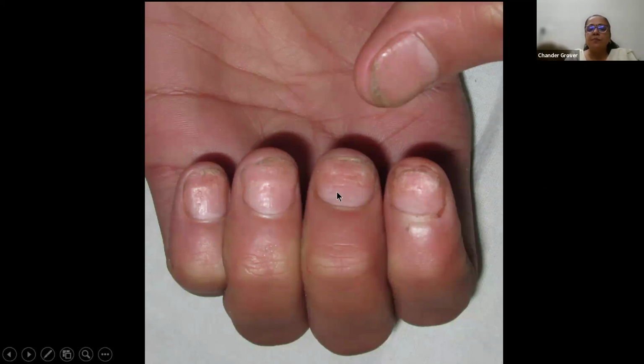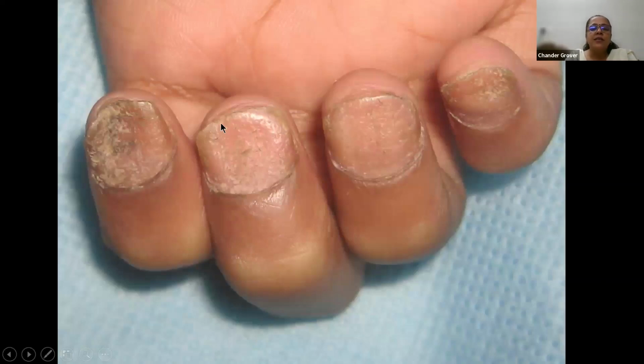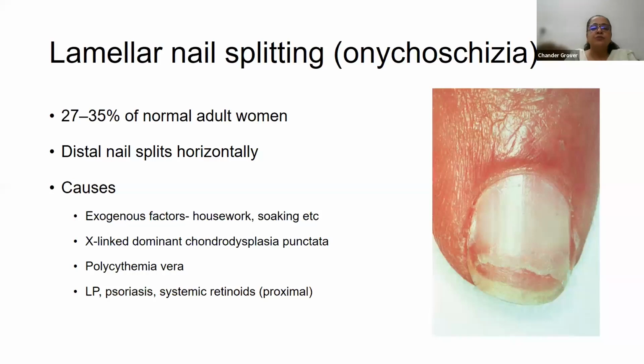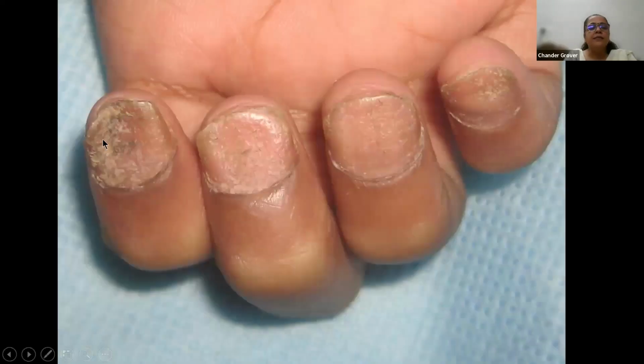So you may say this is pitting, but you can't ignore the onychoschizia which is present at the end. Then another one, you can see even the ridges in between. You can see so many confluent pits, and you can see onycholysis also occurring, and there is onychoschizia, lamellar splitting of the nail plate. This is what is trachyonychia, and different causes can be attributed to it. Lamellar splitting is known as onychoschizia. This is what is lamellar splitting. Pure lamellar splitting is this. What you saw here is trachyonychia. Onychoschizia is a part of this.